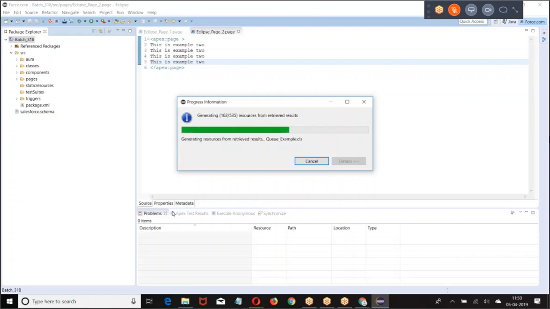Now, the changes which are there in the server, we want to fetch. Sometimes when I am working with Eclipse, the internet connection is not there. When I save, it is saved to the local system, not to Salesforce. When the internet is there, I want to save it back. So the advantage of working with Eclipse is that we can work without internet, and when we get the internet connection, we can synchronize it. That's one of the advantages of going with Eclipse.